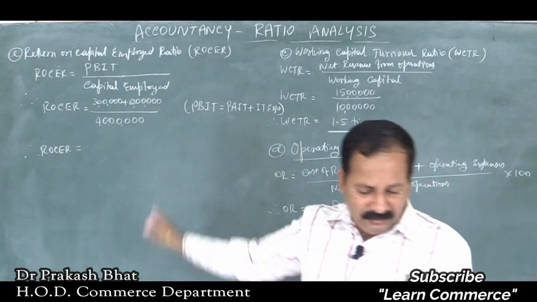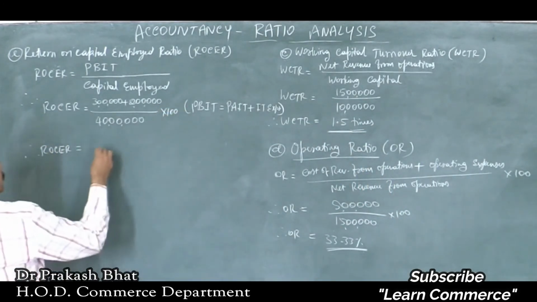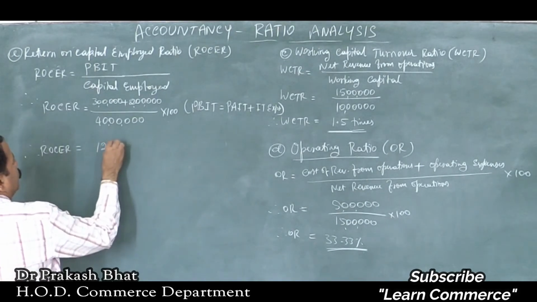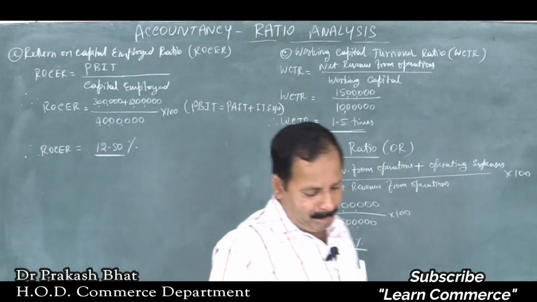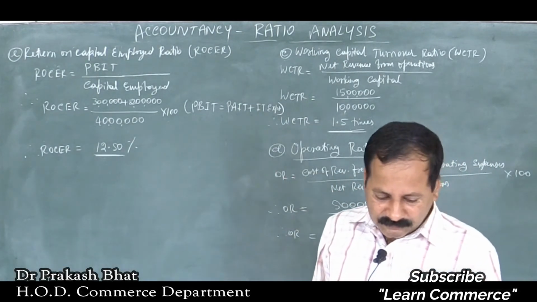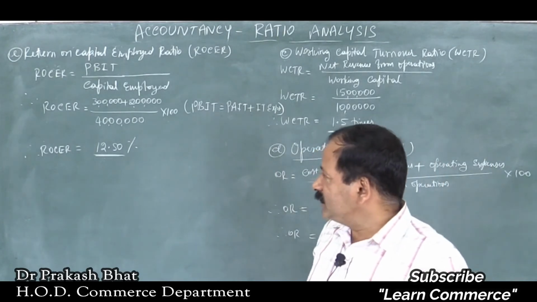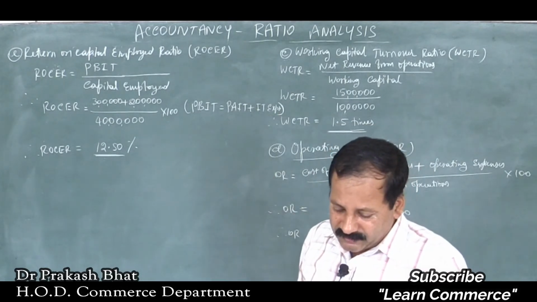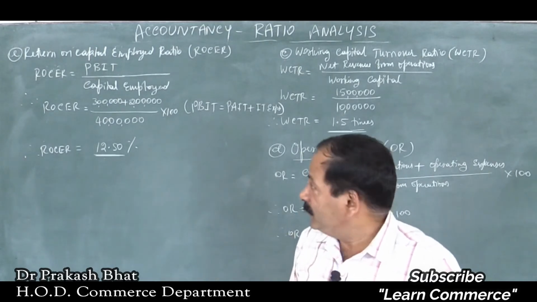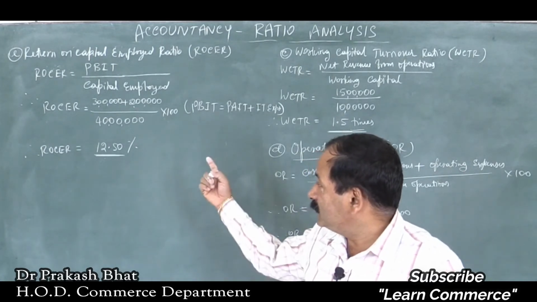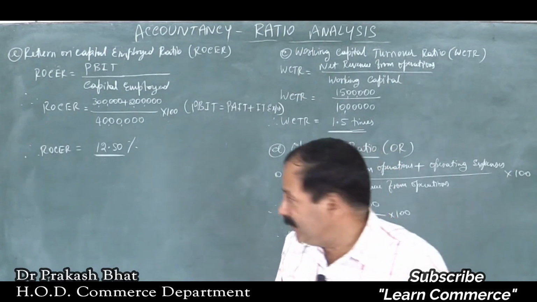Simplify it, multiply into 100, you have to write 12.5% into 100, isn't it? 12.5%, representing in the form of percentage here. Then it is 12.5%. In your question bank it is given as 12.29, but this is the correct figure, because when you follow the rules of the formula, you should get this much only, isn't it? Whatever it is, let us move on.